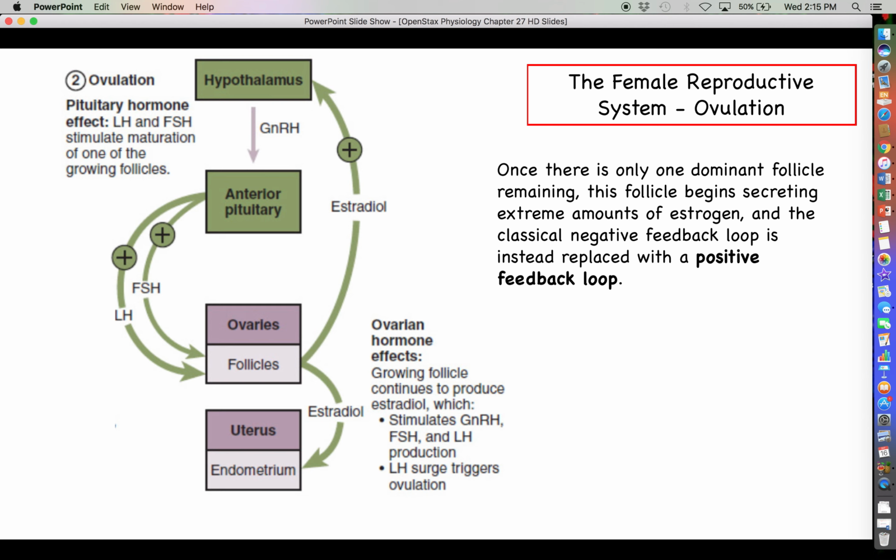So after the folliculogenesis phase, we go on to the ovulation phase. Well, I don't mean we as in including me, but you know what I mean. Okay, so